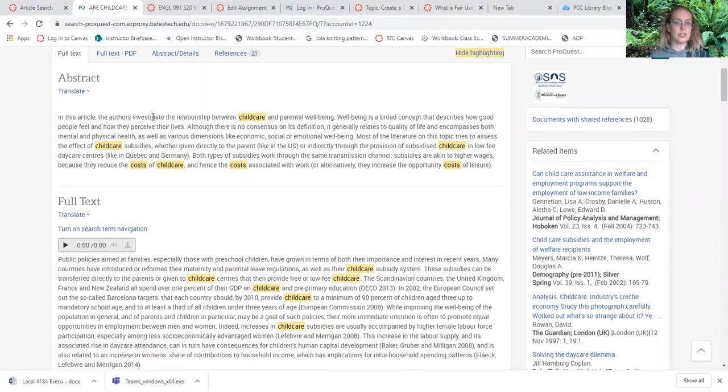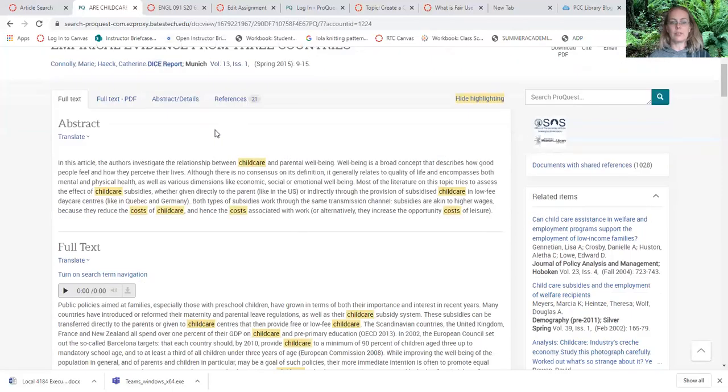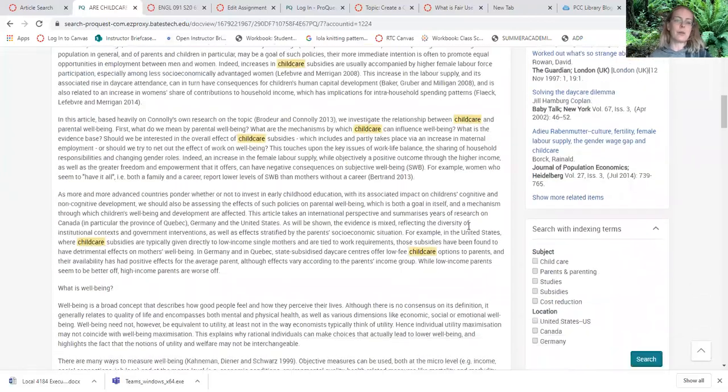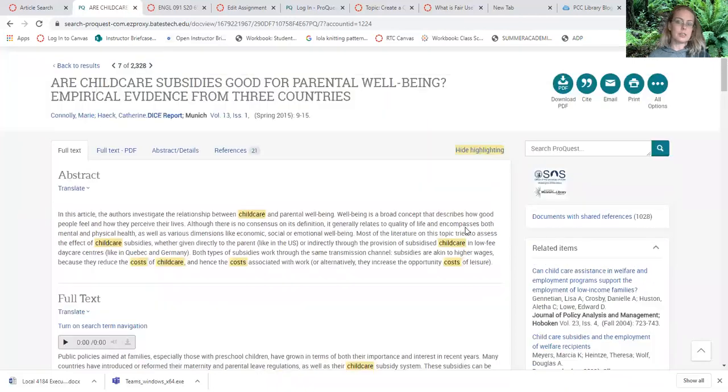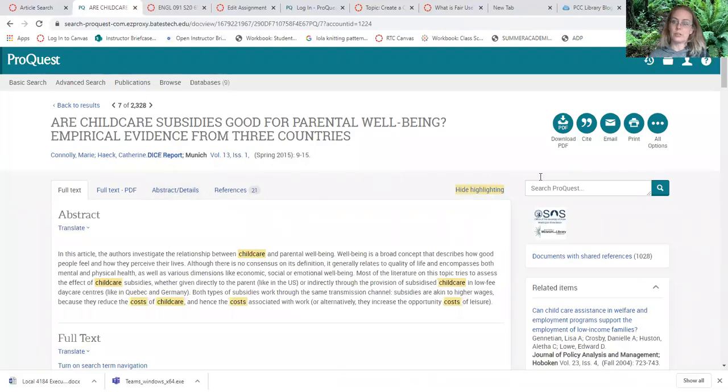So I'm looking at this. At the beginning of the article, it has a little abstract, which is an explanation of what's in the full text below. So you can read this one short little paragraph and get an idea of what's going on in the rest of it. And this is more about how people feel, but I could still use this article for the assignment. And I think I'm going to, just to not drag it out,